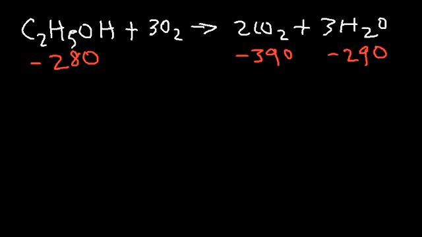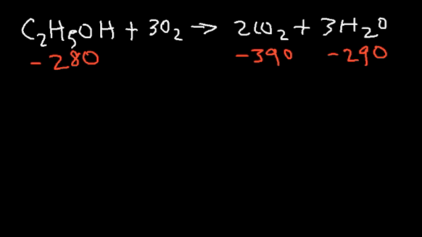Now, keep in mind though, in a typical problem, this information is going to be presented in a table. But I'm just going to put the numbers next to their respective compounds. So for the sake of practice, go ahead and try it. Pause the video and see if you can calculate the enthalpy change of the reaction using the equation products minus